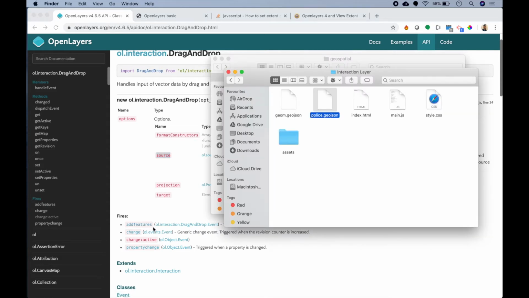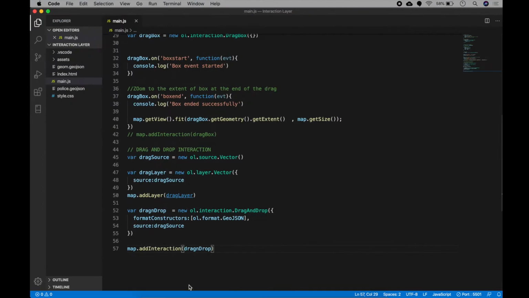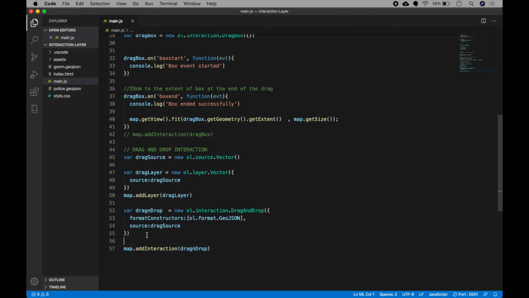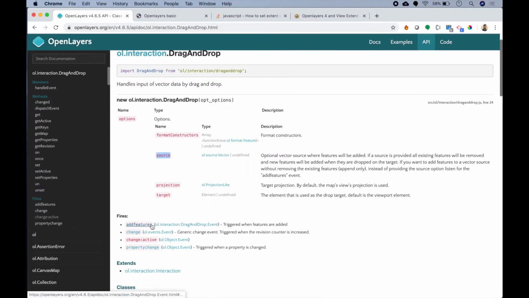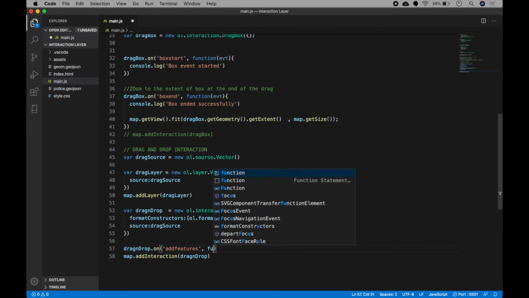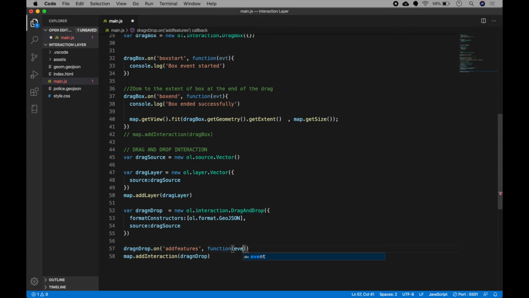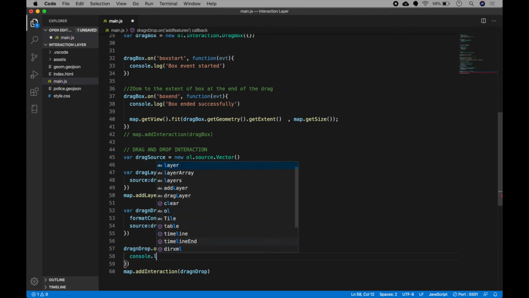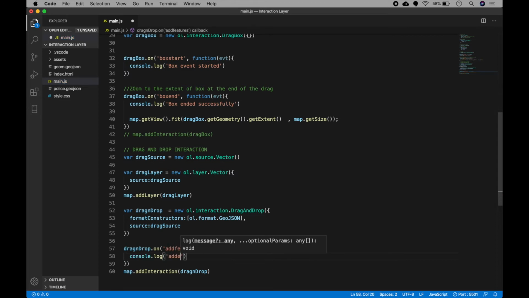We'll add this addfeatures thing to our interaction. So dragAndDrop.on addfeatures. So I can copy this addfeatures function(event). So let's for now console.log 'added new feature'.